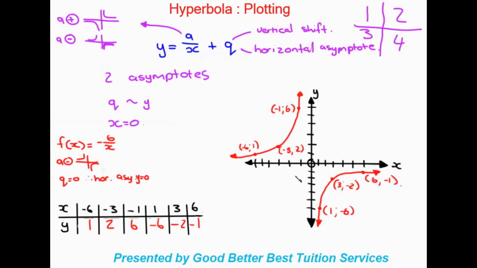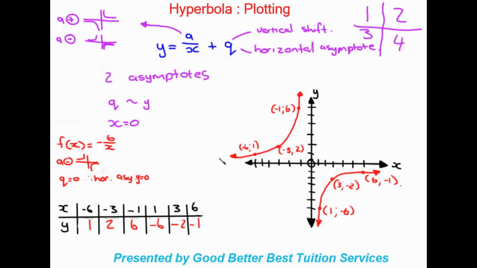Just know though, because remember at the start of this example I did say that we only need to find one of these points, and that's all you really need to do. So in the case of that, you could have done the table method and just choose any one of these points. We choose, let's say, -3 and +2. So we plot -3 and +2, and all we need to do is draw a hyperbola that goes through that point but also adheres to the